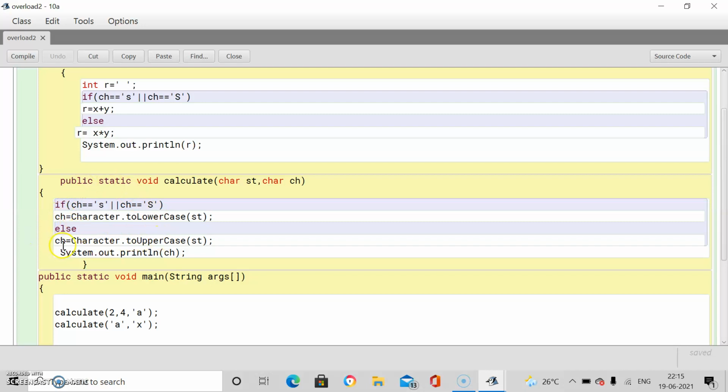Otherwise, if the character is not small s or capital S, then Character.toUpperCase. Then we are printing System.out.println ch. In the question it has been mentioned that you have to print the value of st also. So please add one more statement, System.out.println st.